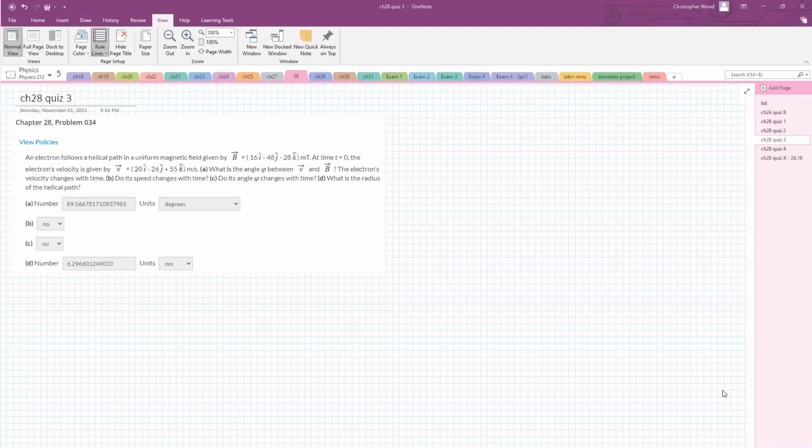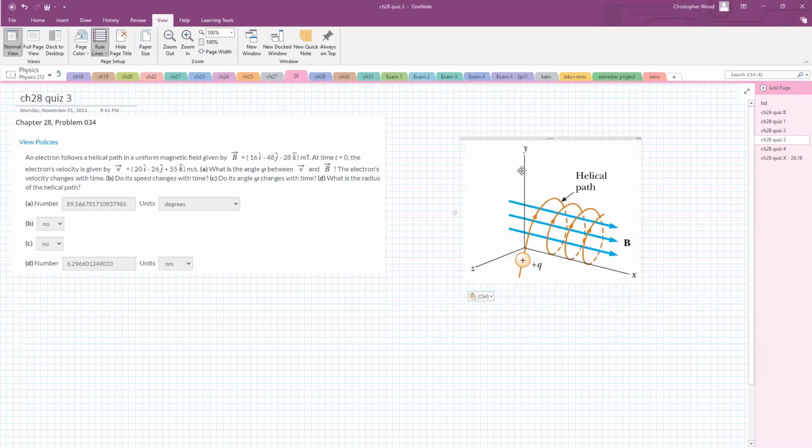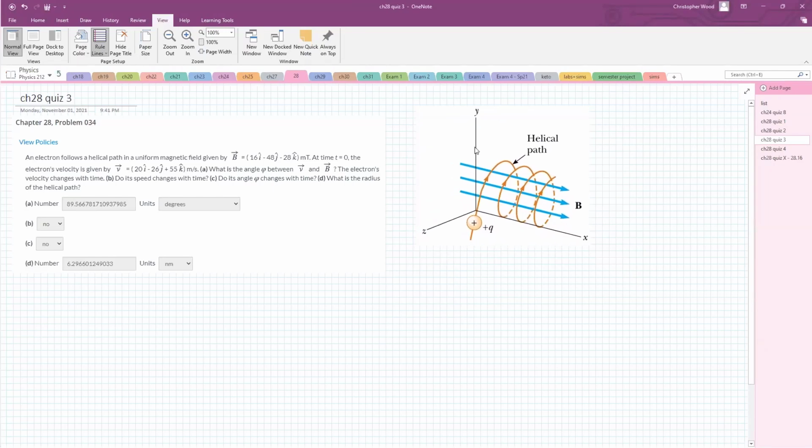Let me take a snapshot of this. This is showing a proton moving in a helical path. We don't have a proton here. We have an electron. So what I'll do,